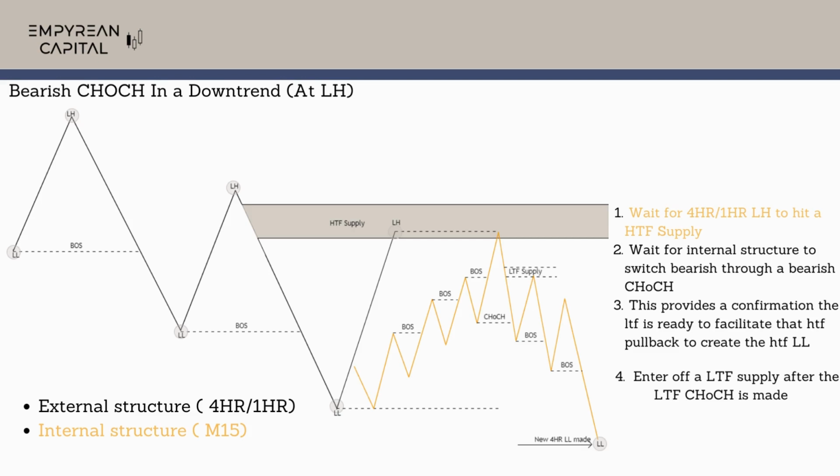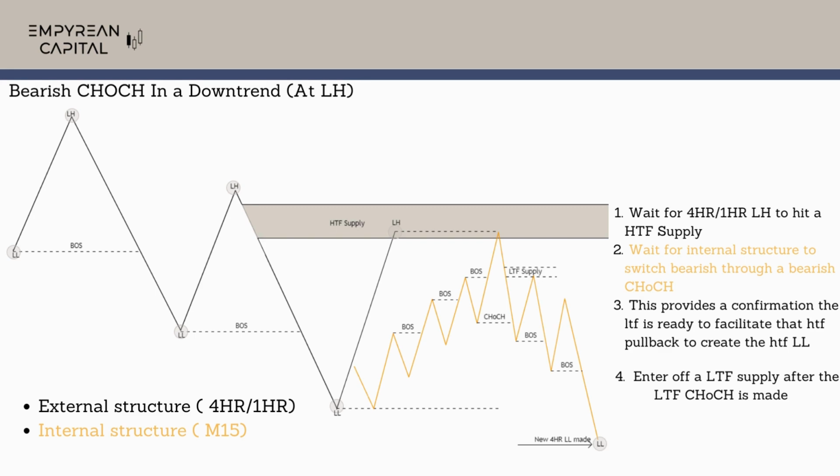It's the same concept because in either market we're at the highs and we expect that pullback, right? So number one, we wait for the 4 hour or the 1 hour, which is our external structure, to hit a higher time frame supply. Number two, we wait for the internal structure, which is our 15-minute structure, to switch bearish through a bearish change